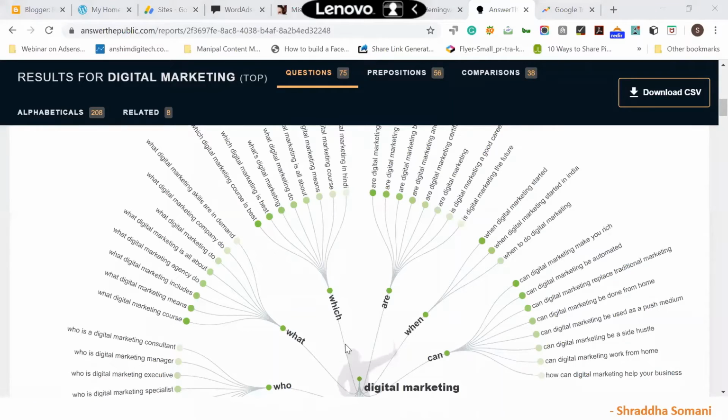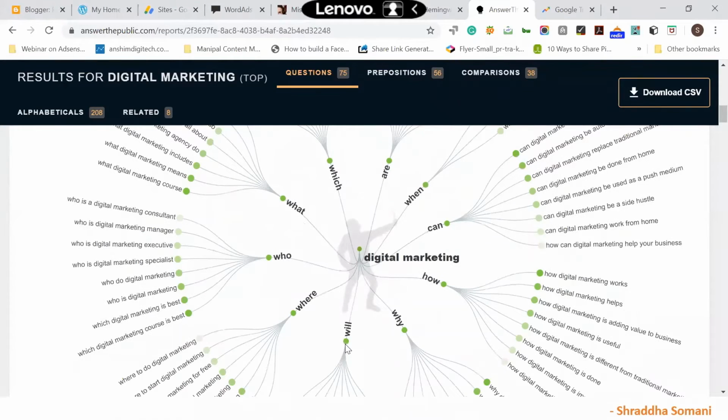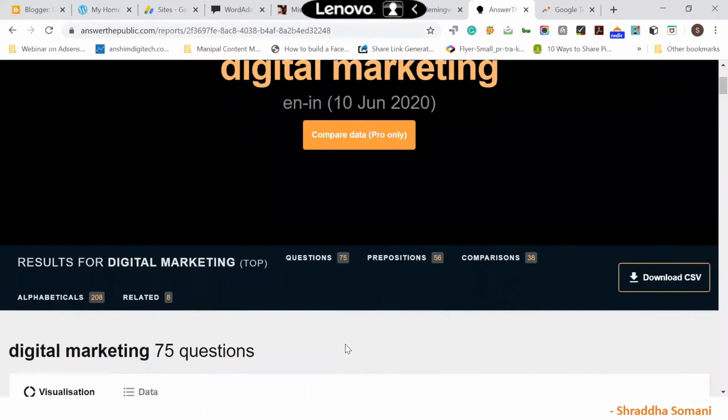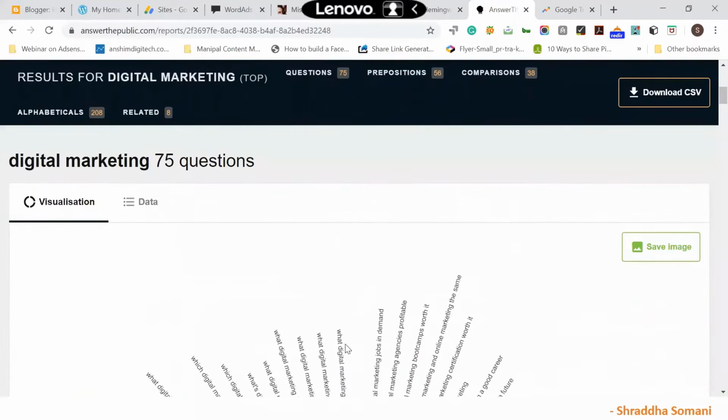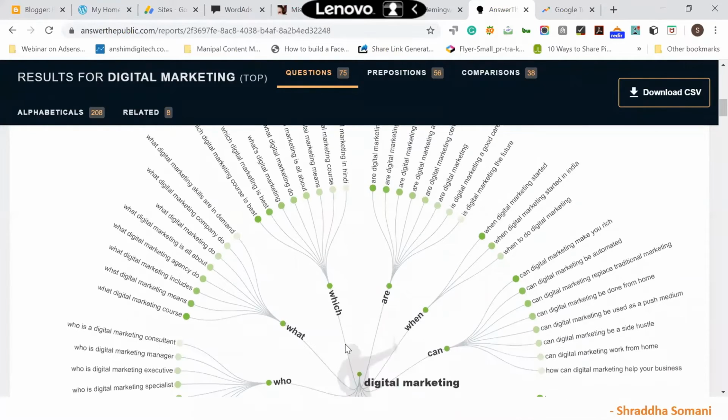All right. Okay. So these are the suggestions, or these are the ideas of what you can write, and these are what people are searching, right? What people are searching is the ideas that you are getting, and you can also try to write. So how, what, when, these are some common topics which people are searching on Google. Whenever you write a blog, ensure that your topic starts with top 10, best, which, when, why, right? As you can see over here also.